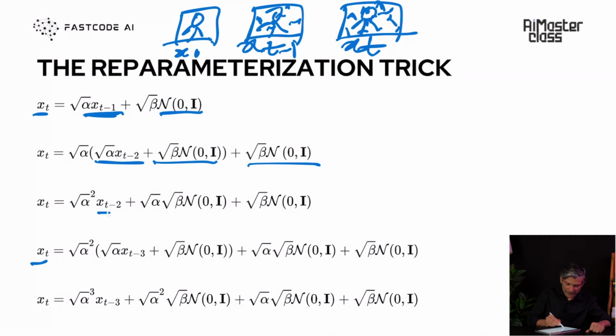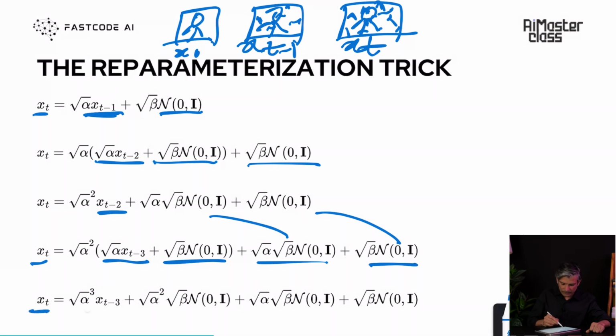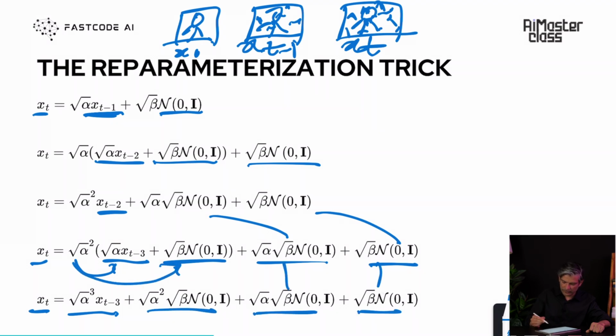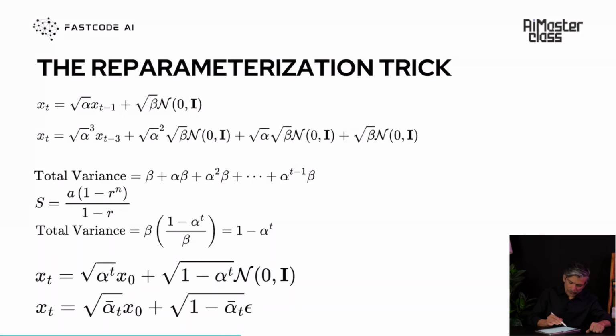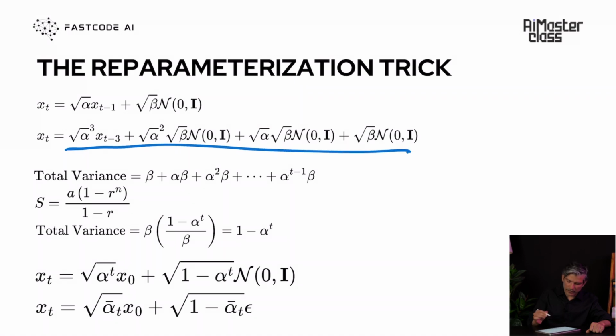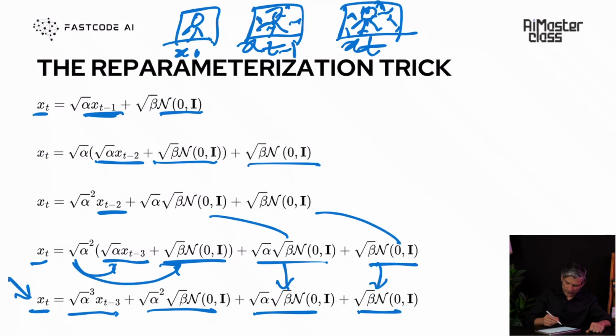Then we do it one more time. We want to write this xt minus 2 in terms of xt minus 3. So it becomes alpha times xt minus 3 plus beta, and then the other terms, this term and this term. Now we open this whole thing up. So xt becomes this term multiplied by this, and then this term multiplied by this, and then this and this, which are just copies. So our xt is this. This is what we got in our previous slide.